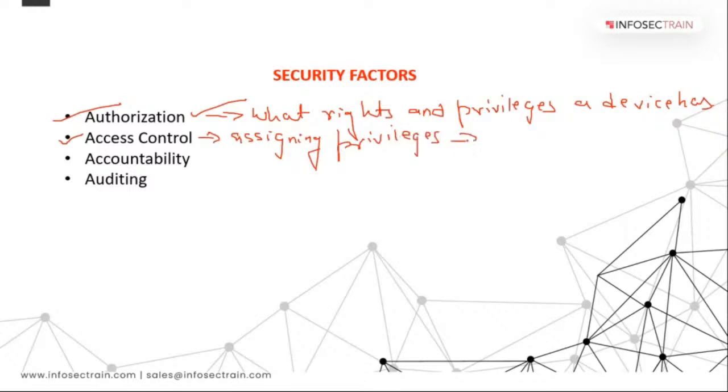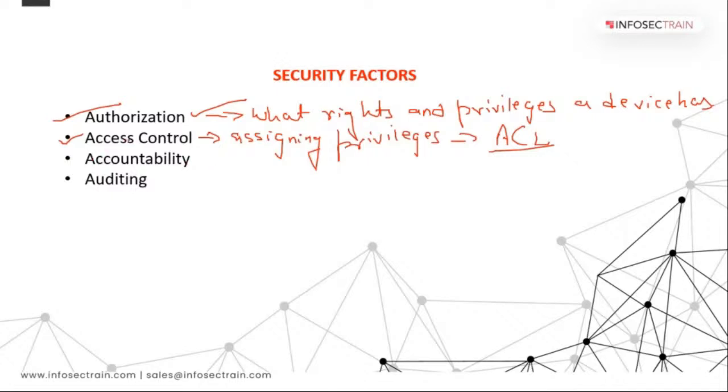Now, how do we do that? We use access control lists, ACLs. So we write the ACL list, we create the code for that, and then we provide the privileges: what a person can do, what devices and things he can use, where he can connect to, what resources, objects and data he can use, what data he can transfer and what he cannot, which websites he can access and which he cannot. All of this is done in your access control.